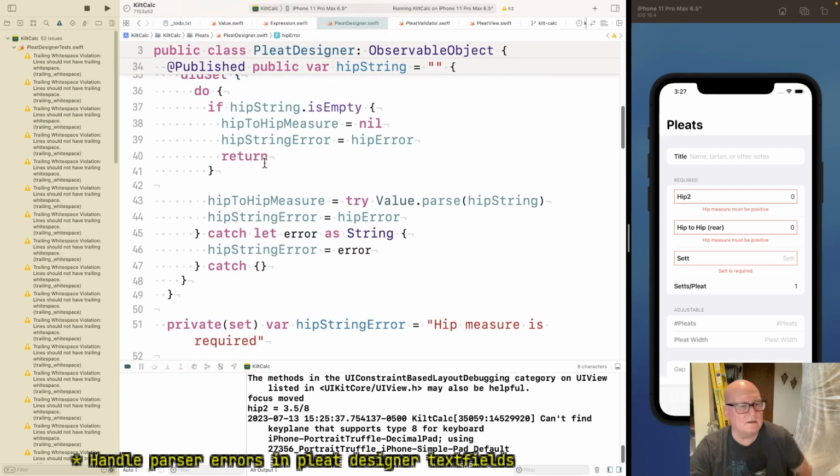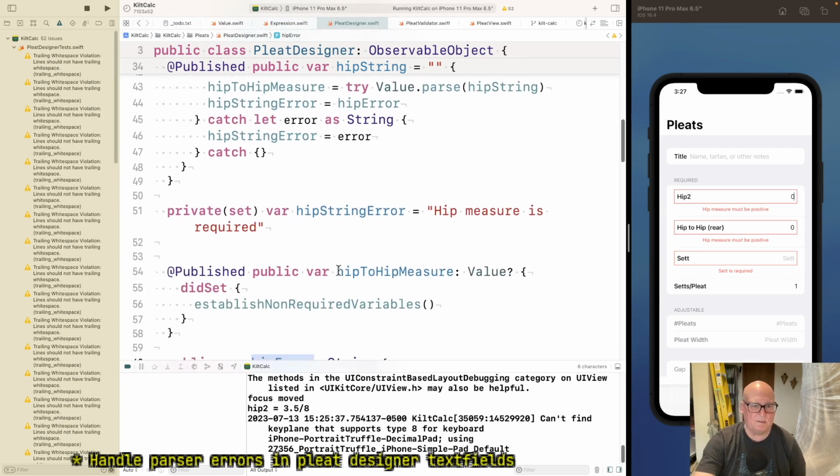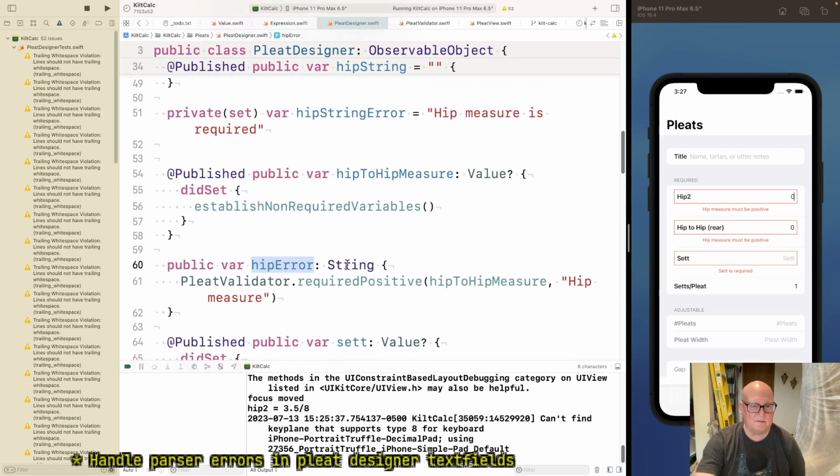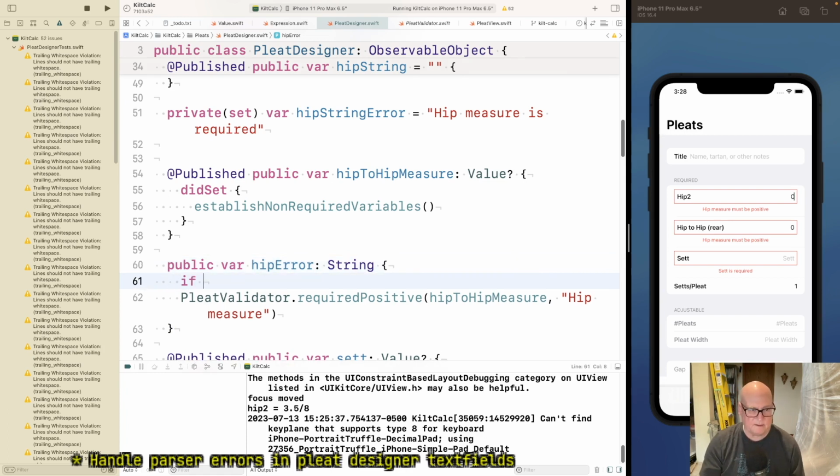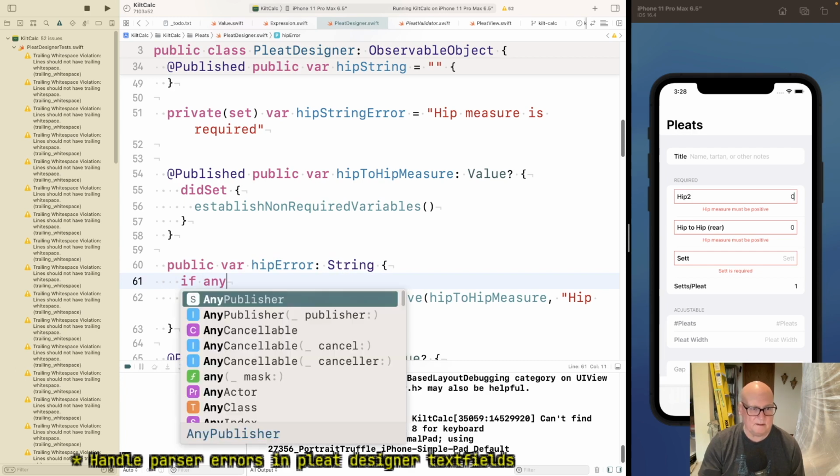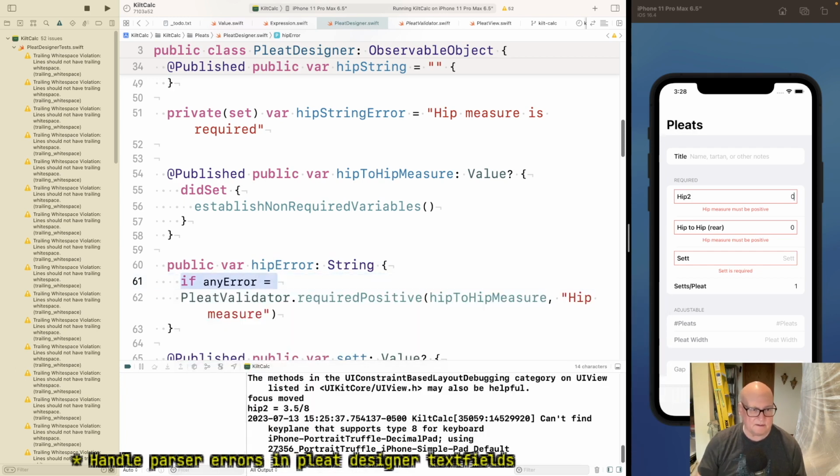Do we need to return? I guess the thing is the view is going to want to display a simple error message. And if it's this, okay, let me try this. Yeah, I need it in 2 places. I don't like that. All right. If any error, well, let's just assign it.